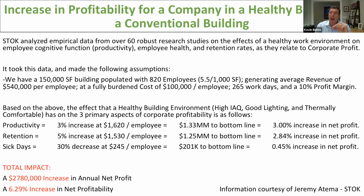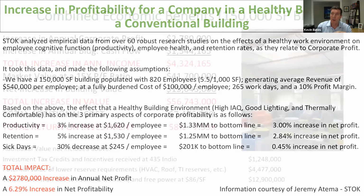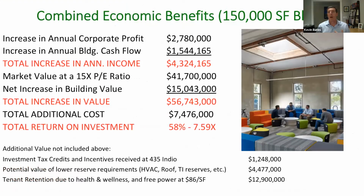And so when we combine that health and wellness value to the tenant with what we're doing as a building owner to the building, these numbers become staggering. So they get $2,780,000 a year of more profitability. We've already said we added $100 a square foot of value. When you take that $2,780,000 and put a market price earnings ratio to that, it adds $41.7 million of market cap value to that company. We add that to our $15 million. After we've recovered the $7.5 million we spent to deliver this type of building, we pick up $56.7 million in